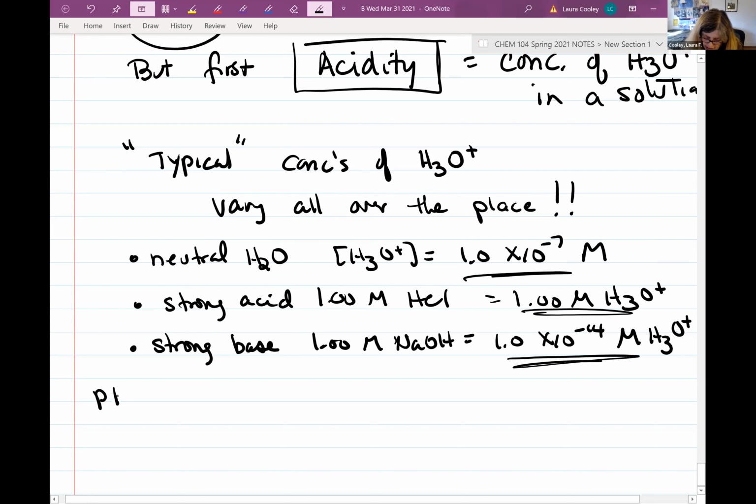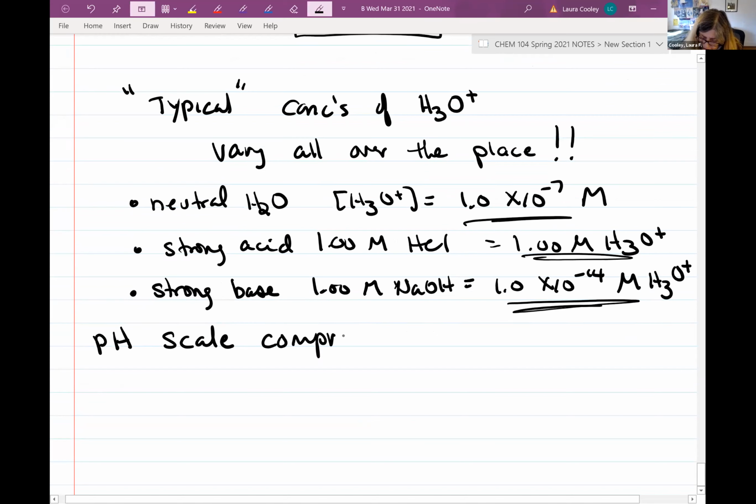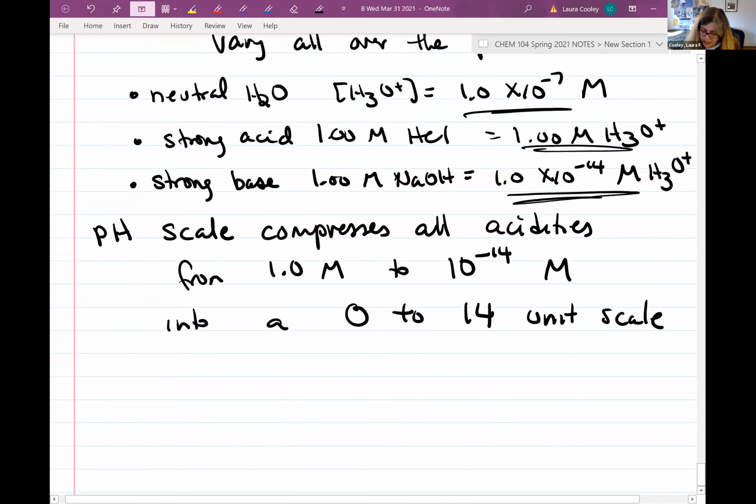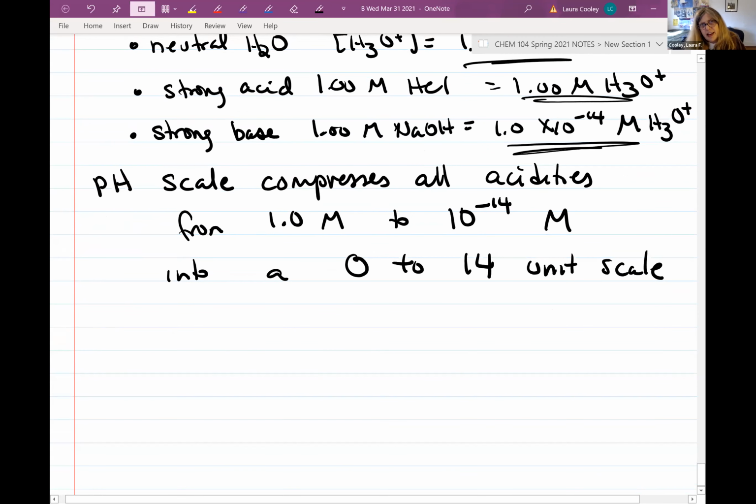And what the pH scale does is it actually sort of compresses all acidities from 1 molar to 10 to the minus 14th molar into a 0 to 14 unit scale. Okay, and we call that the pH scale. Okay, so what the pH scale is based on